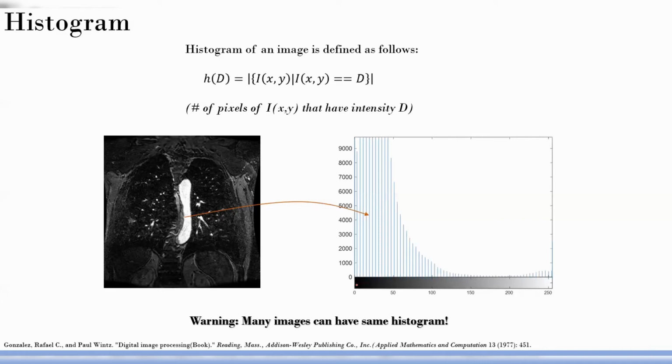So I have so many pixels, let's say 256 by 256 pixels in my image. The histogram will not tell me where the 9,000 occurrences are out of these 256 by 256 locations. That information is not known to me. So that means two images, if the number of occurrences of each intensity is the same, can have the same histogram. They may look different, but they can have the same histogram. If you don't believe me, I will show a simple example.